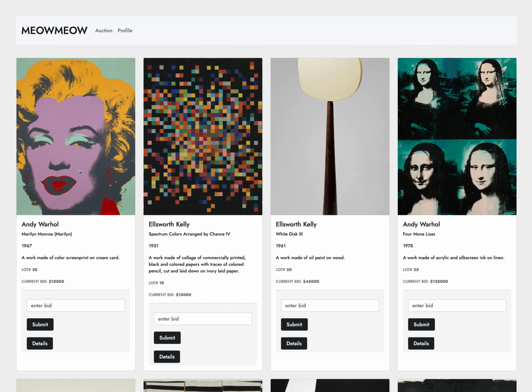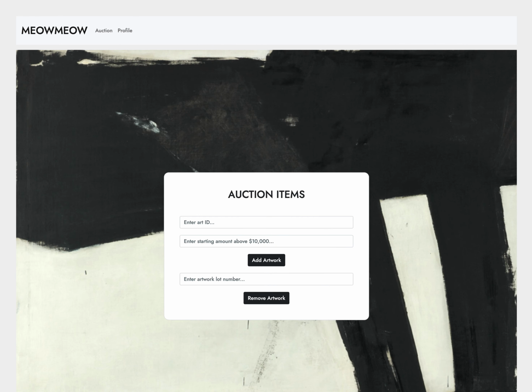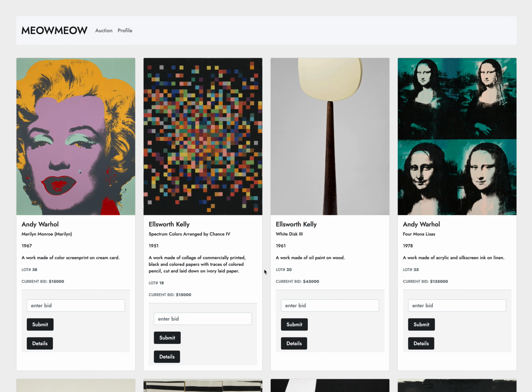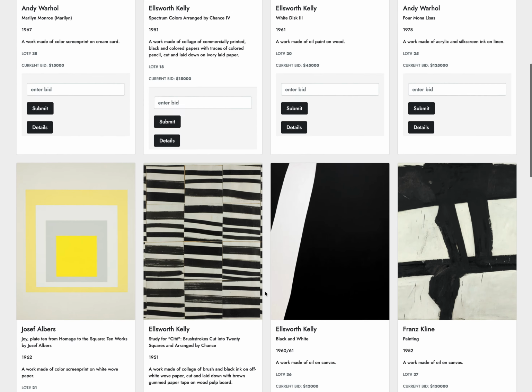And they want to add a piece to that. So what they need is an ID to be able to do that. We're using the Chicago Art Institute's API, and we're grabbing an ID from that API for an artwork that an admin would like to add. So we have that ID, and we also need a starting amount for the bidding to begin. So we'll create a new item in the database, which will, once added, immediately redirect the admin to